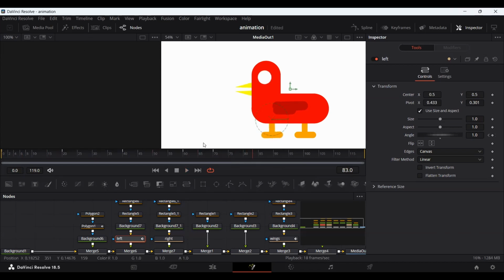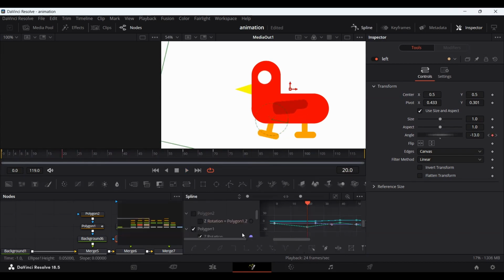Okay, nice. And if you want to make it move faster, you can just create keyframes at closer positions. So that's up to you. But actually, let's just go ahead and do that. So I'm going to go over at the left leg over here. Make sure other keyframes are not visible. Select these. So first of all, let's just move this one right here